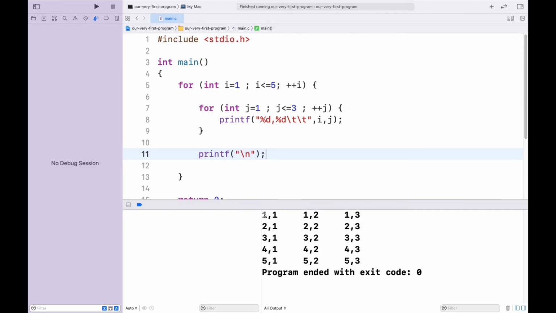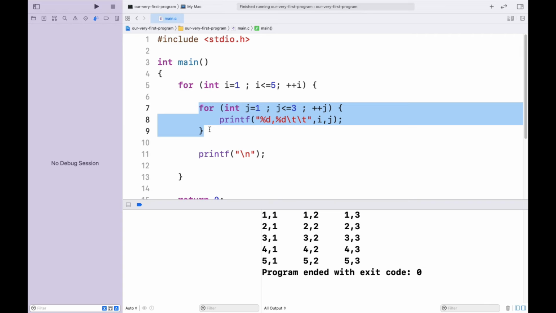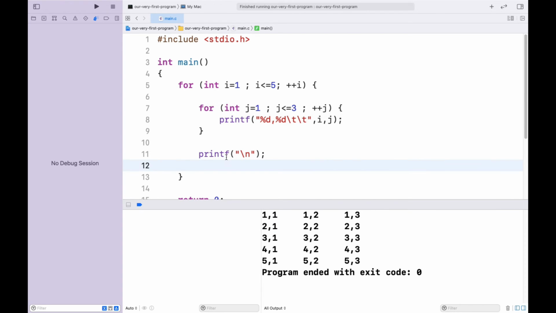You can see here, you get a grid. For the very first value, I equals 1, j goes from 1 to 3. For I equals 2, again j goes from 1 to 3, and so on. You can see the new line character has been printed only 5 times, because it has been executed only 5 times: 1, 2, 3, 4, and 5. And this statement is executed 15 times. You can see 1, 2, 3, and 1, 2, 3, 4, 5. So 5 times 3, again 15.